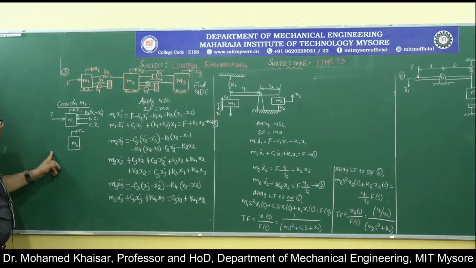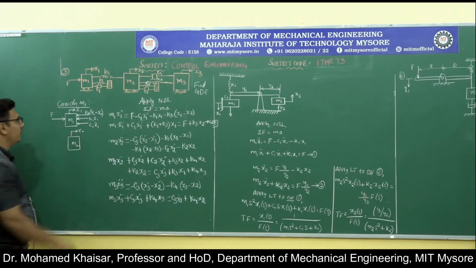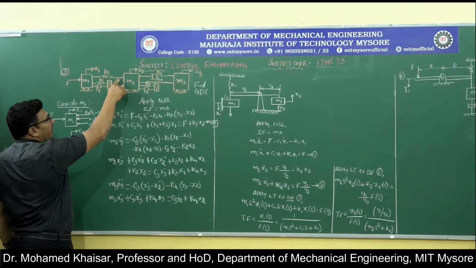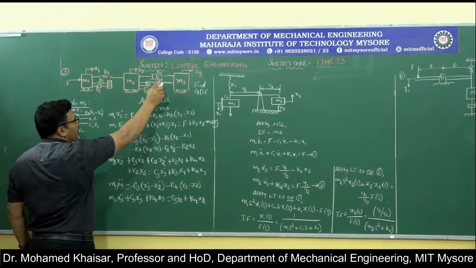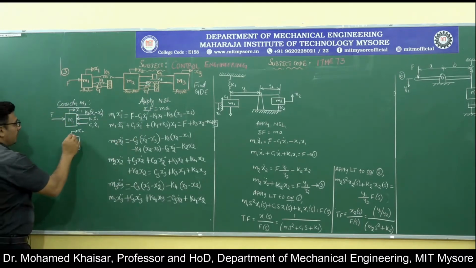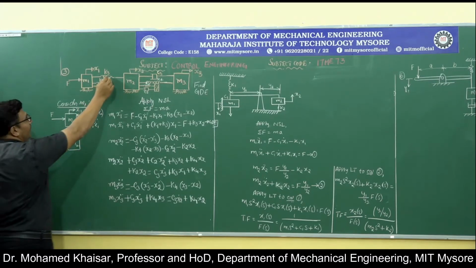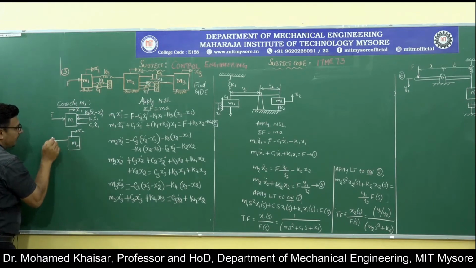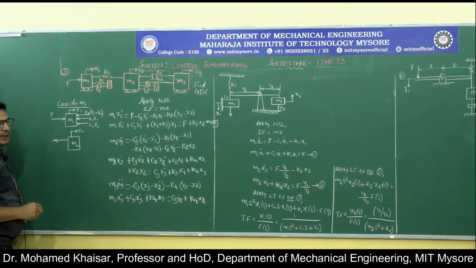Then, for this displacement of m2, what are the resisting forces acting on mass m2? The force due to K3, because it is connected to m2, the force due to C3, the force due to K4, the force due to K2 and the force due to C2. Now, for this displacement of mass m2, the resisting force offered by the spring K3 has to be in the opposite direction to the displacement, since it is the resisting force.